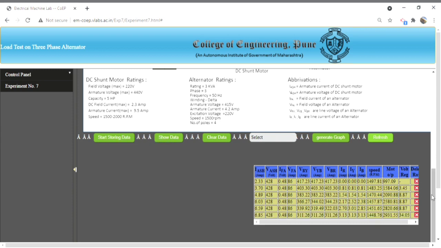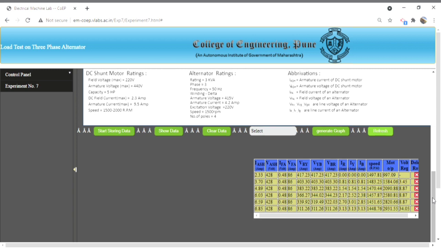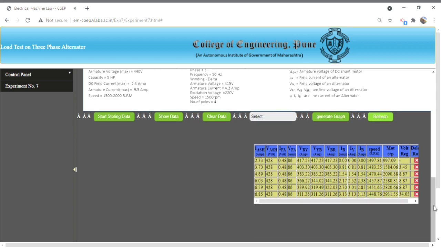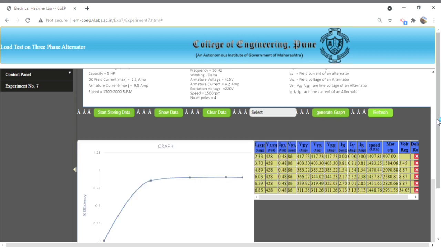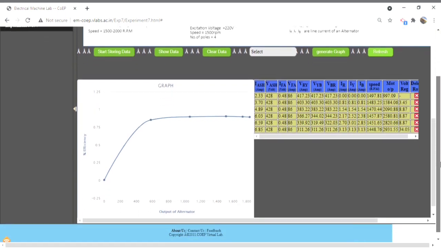Finally, I take 5 to 6 readings, and now I want to plot a graph. So the graph is output versus efficiency. By clicking the select option and generate graph, we can see the efficiency graph. Now I took a screenshot for my documentation purpose,